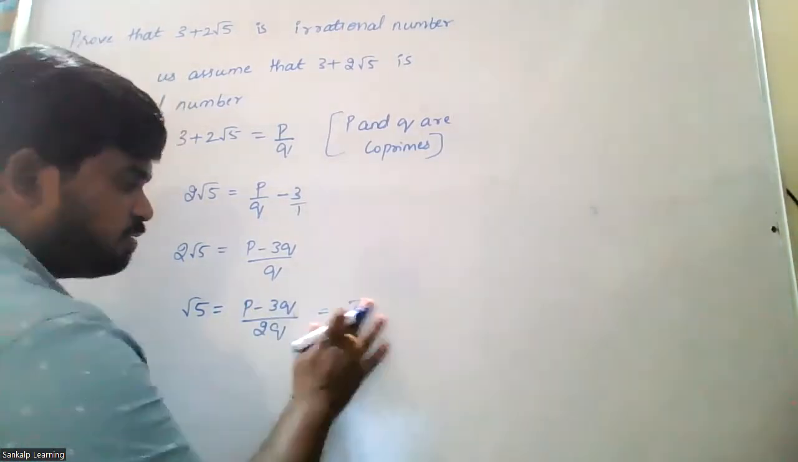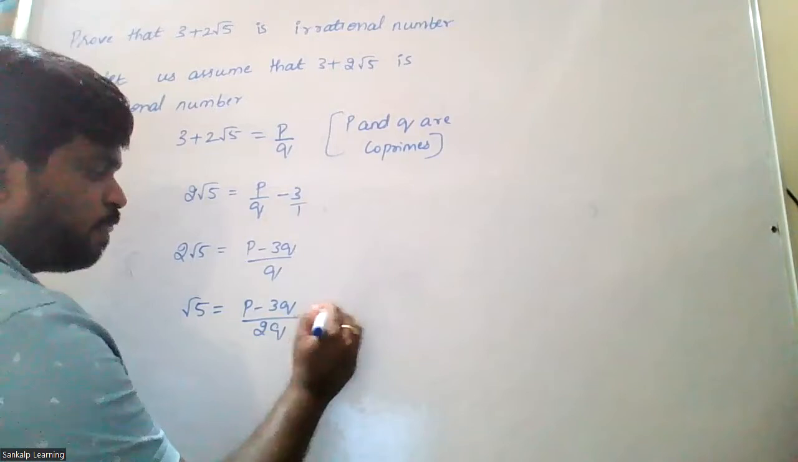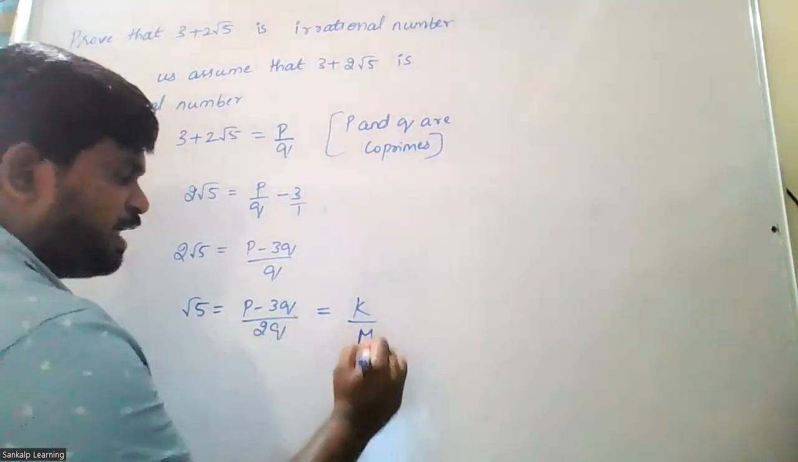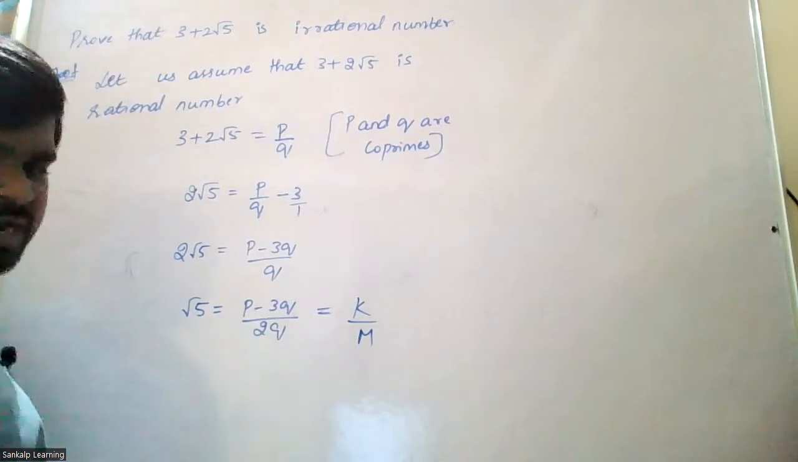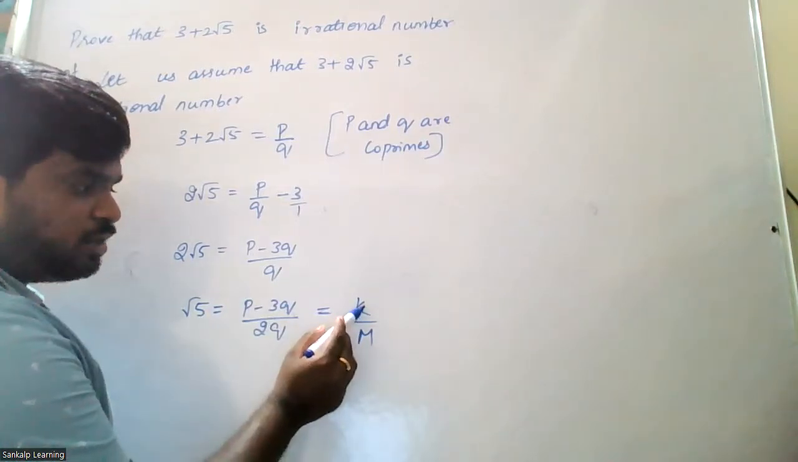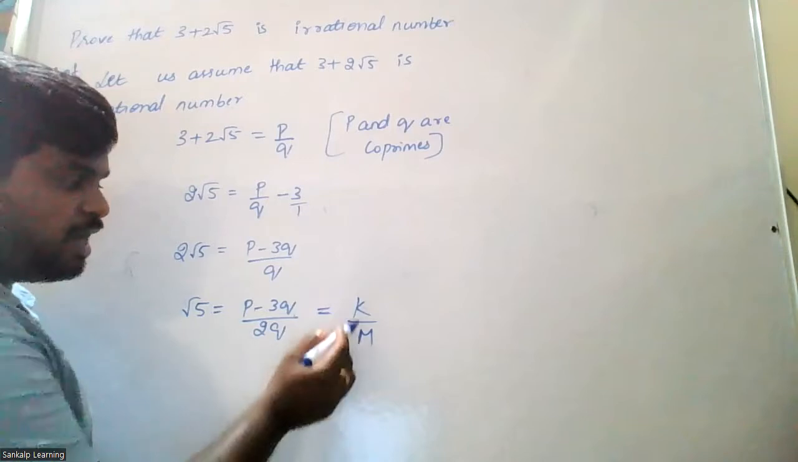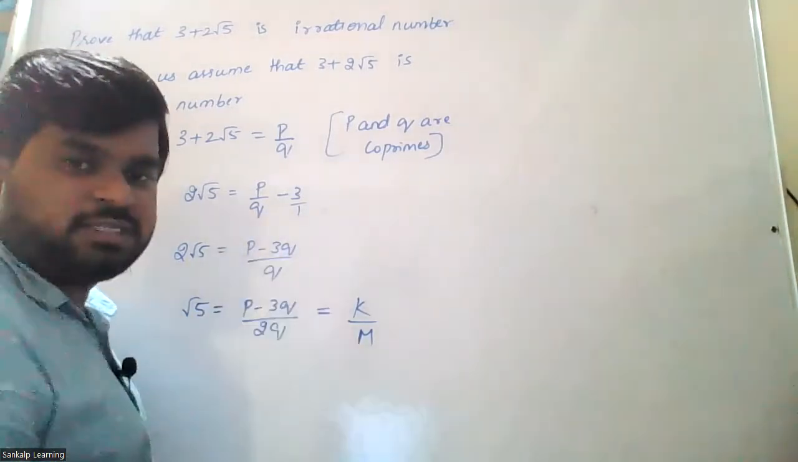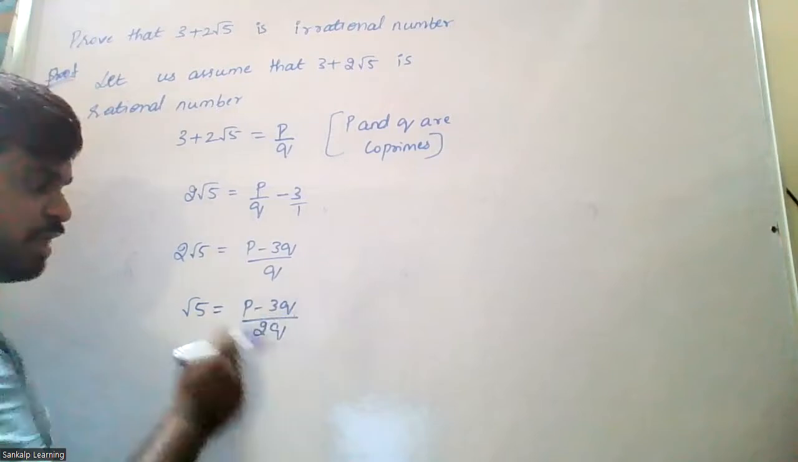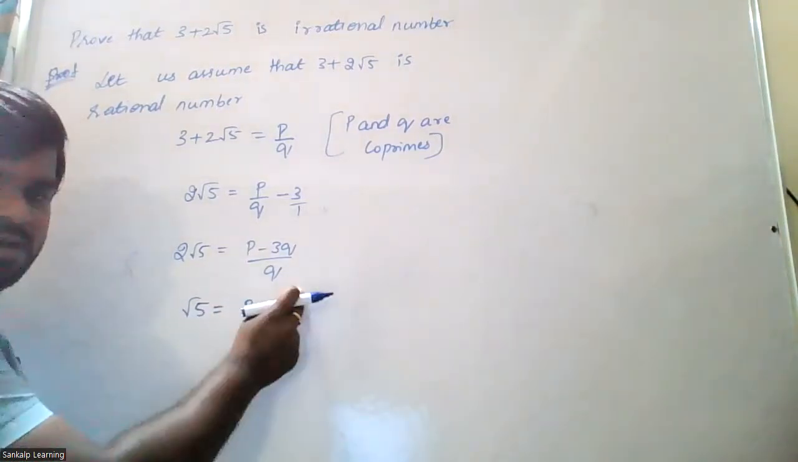Some integer, let's say k. This 2q, let me write it as m. This is also an integer, right? I'm just giving it a new name. Just observe, I've got integer by integer, that is a rational number. Integer by integer is what? A rational number. So in the RHS, the right hand side, I've got a rational number, but we know